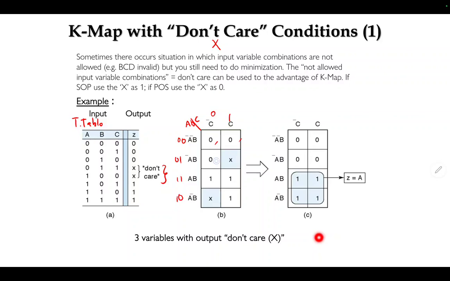0, 1, 0, 0, 1, 0, 0, 1, 1, so you put X here, 0, 1, 1, 1, 0, 0, also X, and then 1, 0, 1, 1, 0, 1, number 1, 1, 1, 0, 1, 1, 0, and then 1, 1, 1. So if the question is asking you to do SOP, so you can do SOP. If the question asks you for POS, you can do POS. For example here, it show you a group of SOP, so you can use this don't care. So you can make a group of 4 like this.